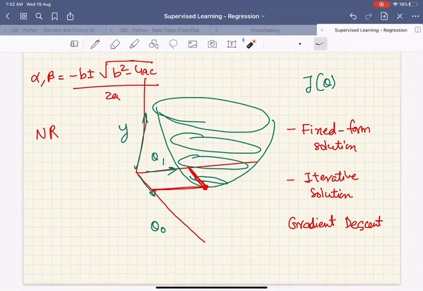Is it fine so far? Okay, excellent. So maybe for this class we can stop here, and for the next class, my agenda would be to introduce to you what gradient descent is, how gradient descent works, and how it helps us find these values of theta zeros and theta ones. If you have any other questions, we can discuss, or we may end for now.